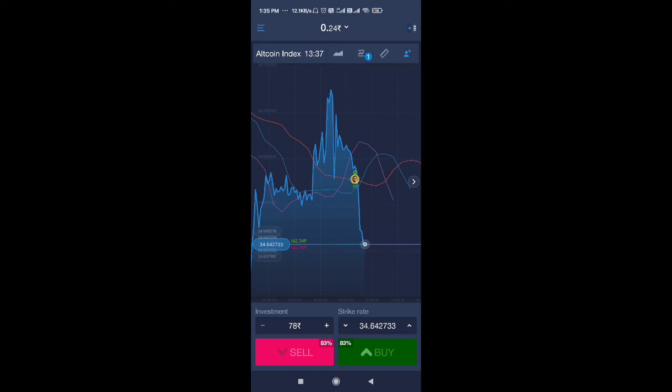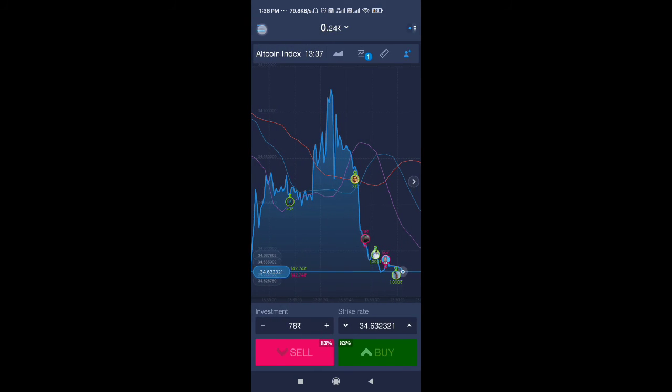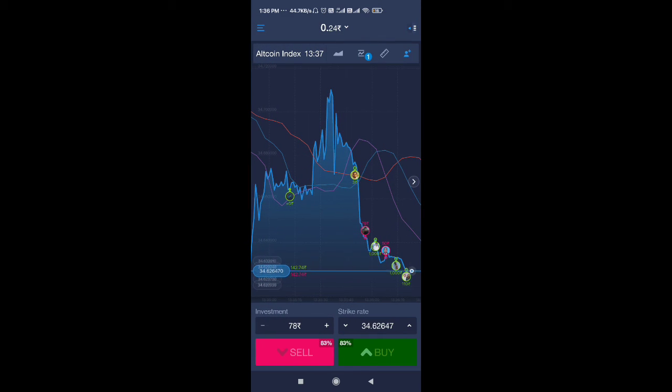If an application is made for the future, then this type of issue is the biggest issue, I would say. In the future, fraud can happen. So I suggest that you don't use this application. If you still want to trade, to win something or lose something, and you are really interested, then you can do it, but it will take up to 10 hours to reflect that amount in your Expert Option account.